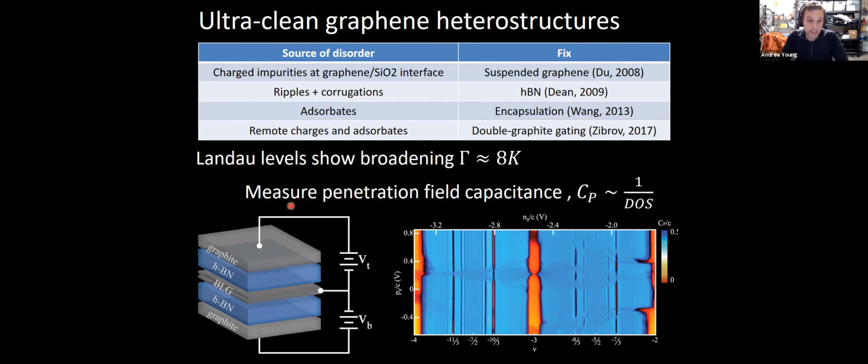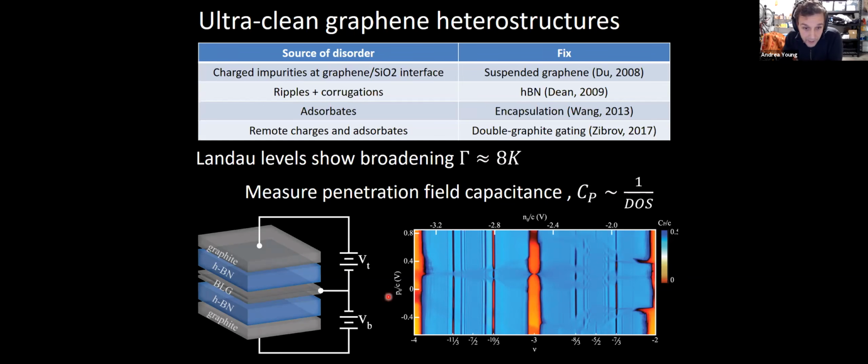exceptionally clean devices. So for comparison, when we do careful experiments on, say, fractional quantum Hall physics, which I won't discuss here today, we find Landau level broadenings on the order of 8 Kelvin. That's comparable, a little bit worse than what's achieved in top of the line gallium arsenide 3-5 semiconductor wells, where in samples with mobilities on the order of 10 million, one finds broadenings of, let's say, 2 Kelvin. So this is somewhat worse, but it's in the same ballpark.